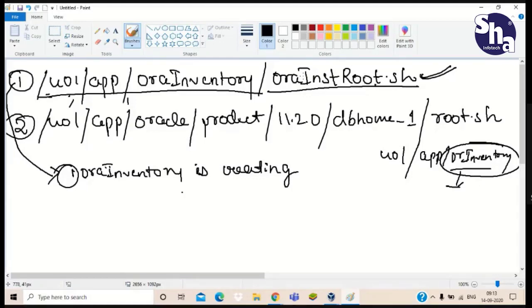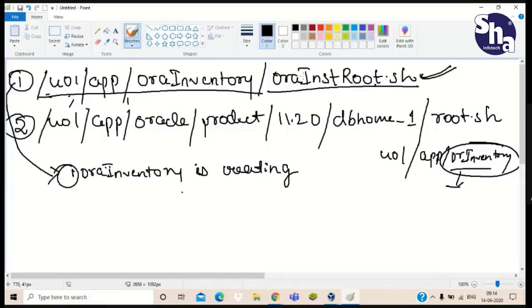There is a difference between the two users. That means Aura inventory has the root user and u01 has the Oracle user. So there will be a restriction, and we have to change it to Oracle as well.